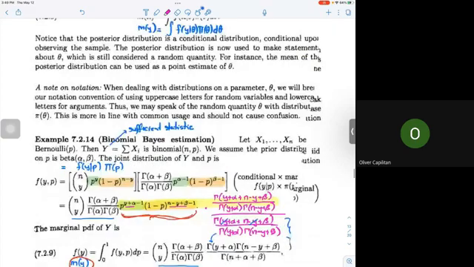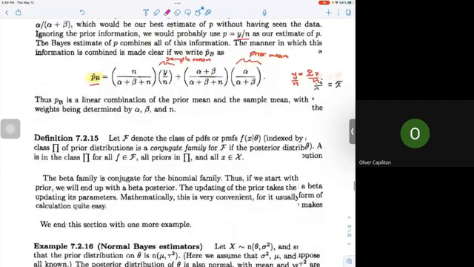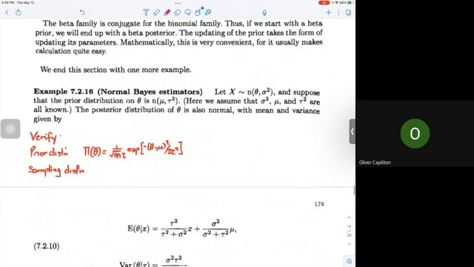Pero dito sa problem na to, sa example natin, 7.2.16, wala naman tayong random sample na ibigay dito sa problem na to. What we have is the random variable x having a normal distribution with mean theta and variance sigma square. Parang ina-assume natin dito na meron tayong random sample x sub 1 up to x sub n, IID coming from a normal distribution, okay,